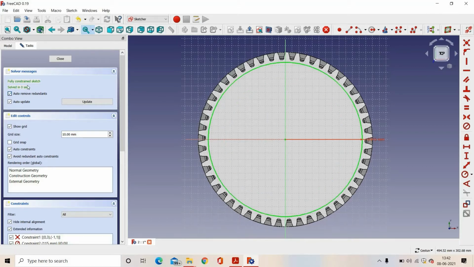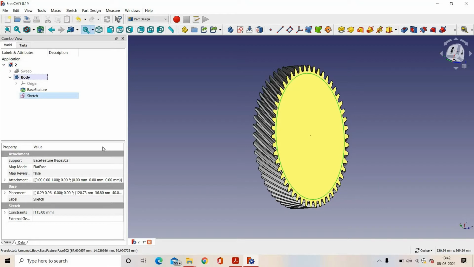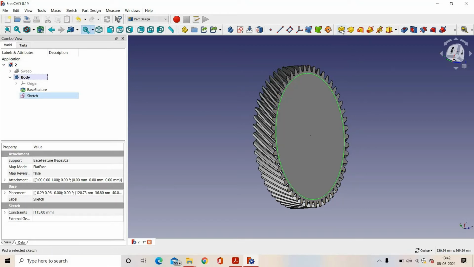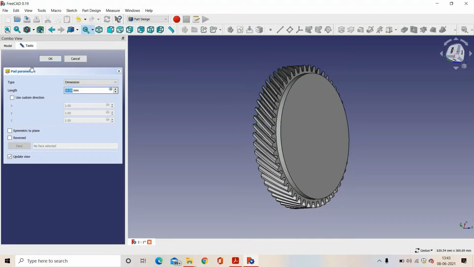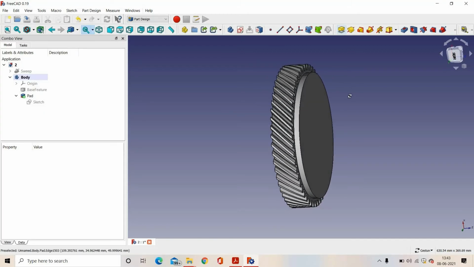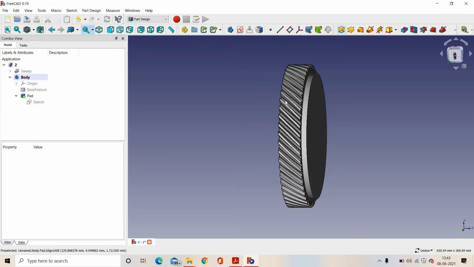So our sketch is fully constrained. We will close this and we will extrude this using the feature Pad, by 10 mm. We will select OK. So now our CAD looks like this.